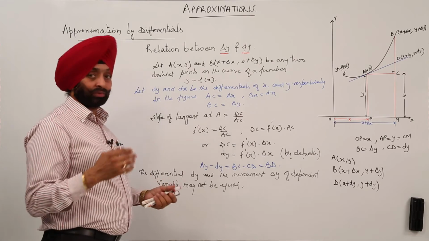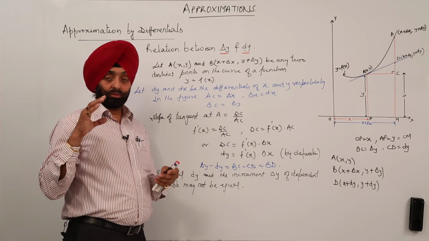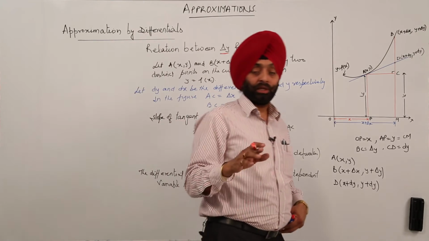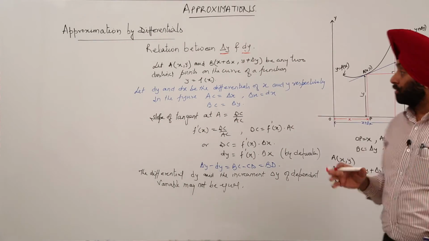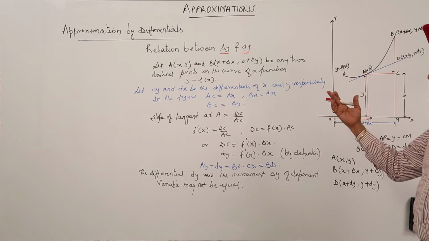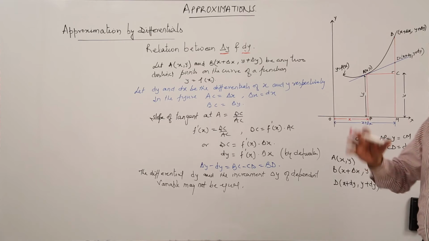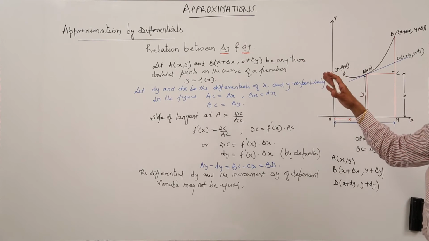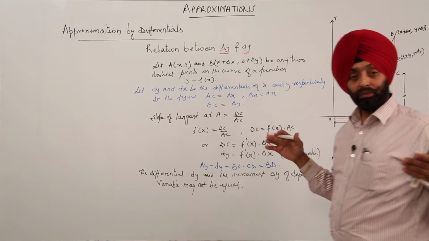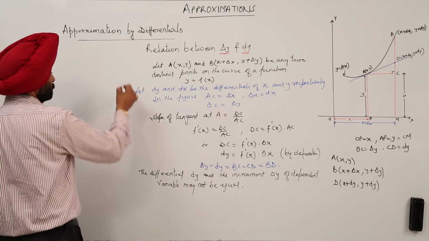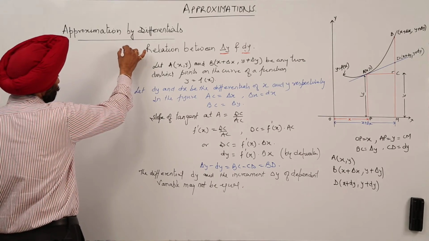Okay. So that's why we are having two basic things which we have learned from the differentials and from this figure. Okay. Two things which we have learned from the differentials. I introduced you to the differentials in detail, and then with the figure what is the difference between delta y and dy. And now a small recap of what we are having. Now we can write it.